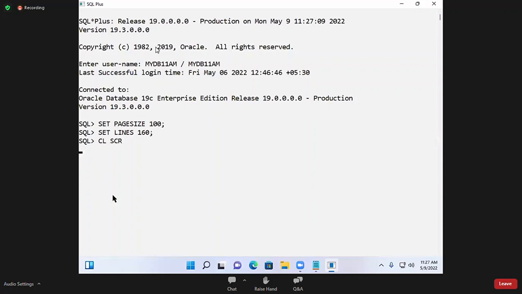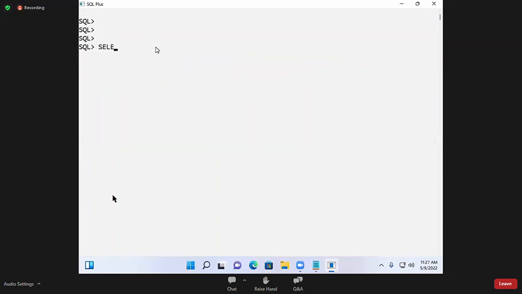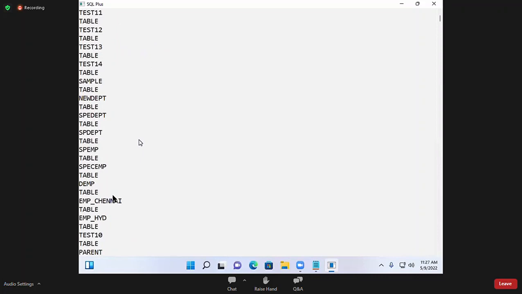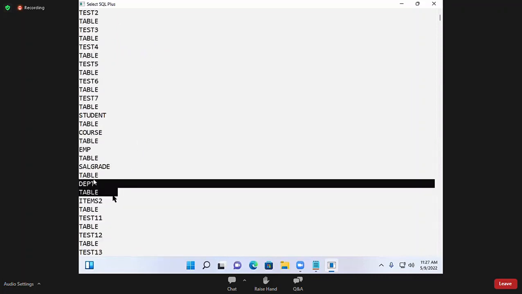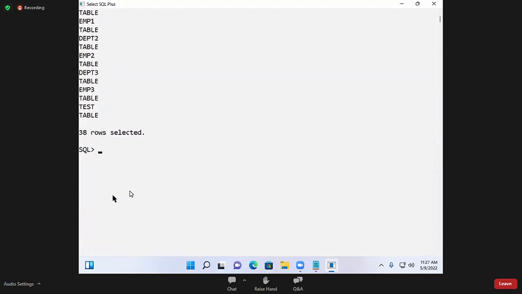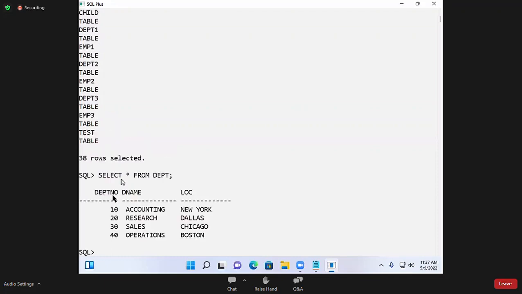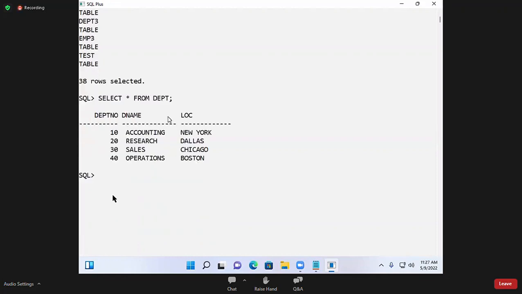Now in my user MyDB 11 we have so many tables, but in one of my tables, for example, the DEPT table, when I call select star from DEPT, this is your table and it has some information. Now what we want to do, guys, is that this is directly accessed,